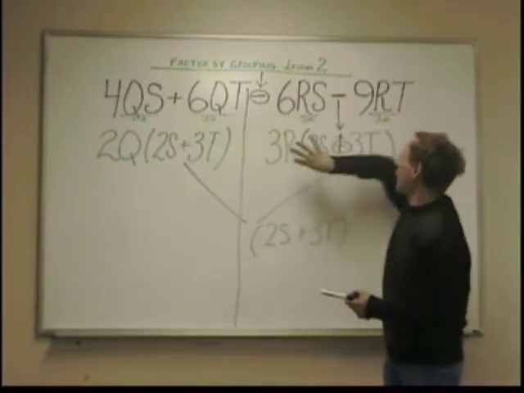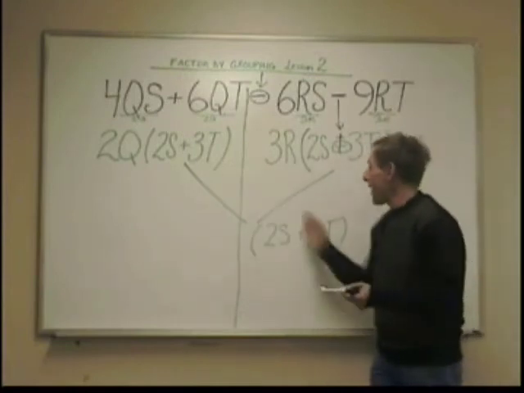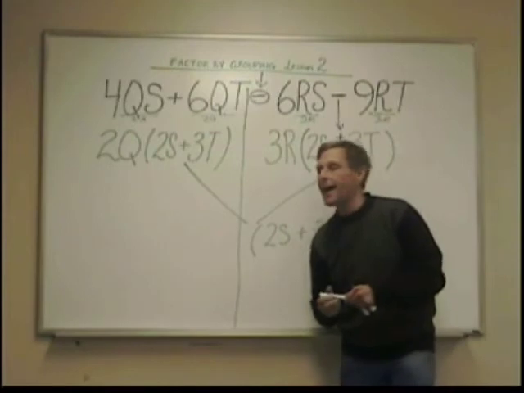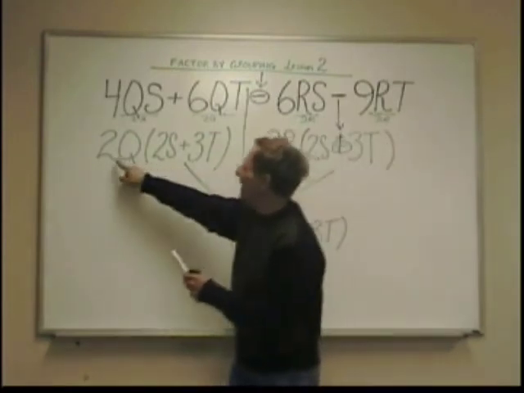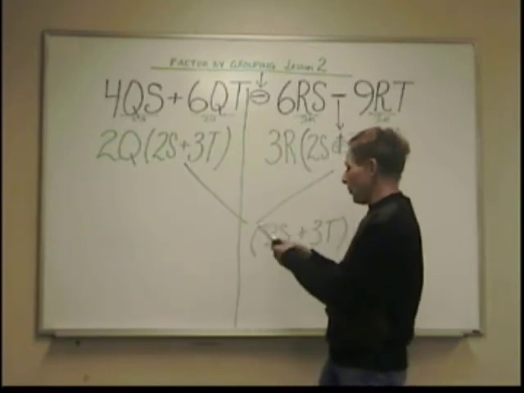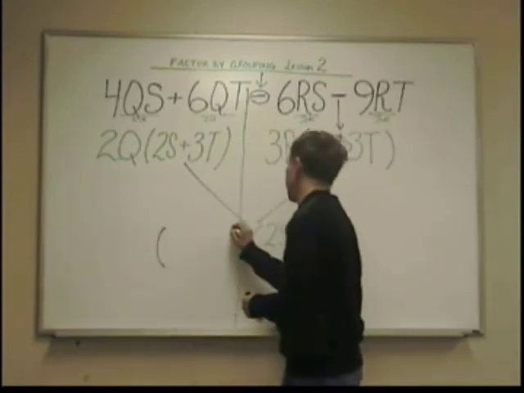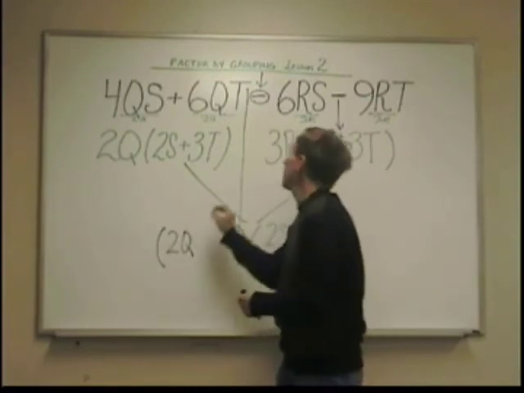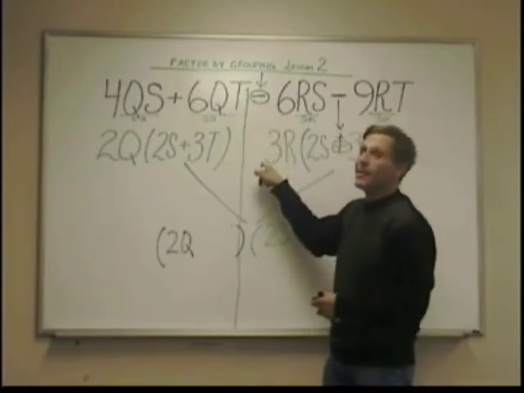Because that negative sign changed the negative we had here to positive, so they matched. 2s plus 3t is one of the factors. The other factor is comprised of the outer numbers, the 2q, and I'll make a parenthesis for that, 2q, and I use the center sign, the minus